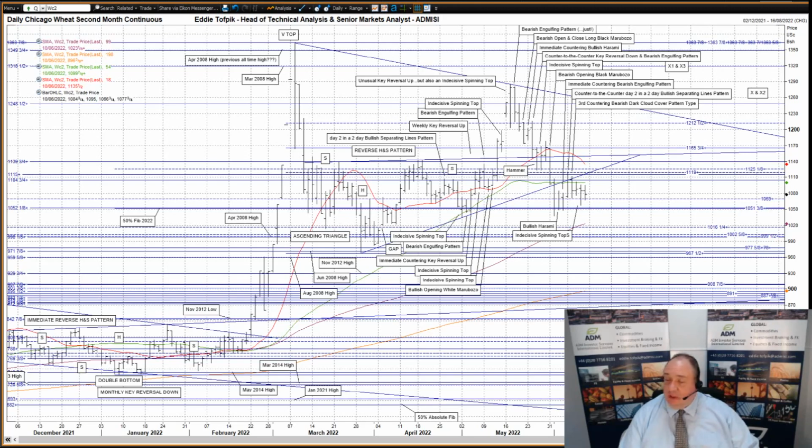I'll start with Chicago wheat. Since the market entered May, it has shown some interesting patterns and their resultant moves. Now, from mid-March, we've seen the formation of two patterns. Firstly, a reverse head and shoulders pattern. Secondly, an ascending triangle. The ascending triangle has been constructed in between the uptrend, currently at 1116, and the flat-ish